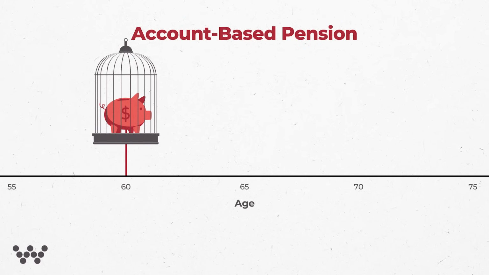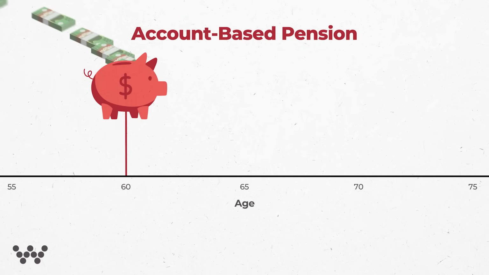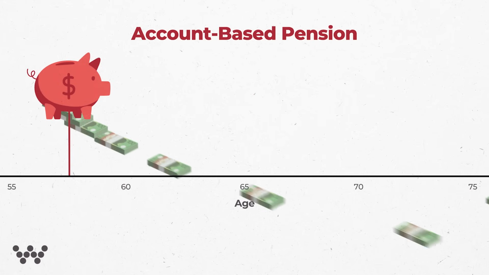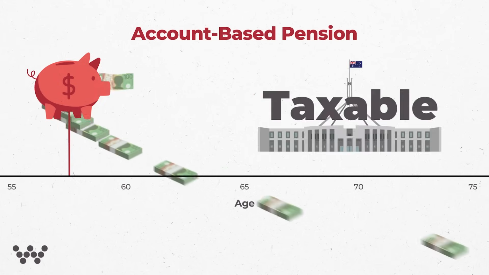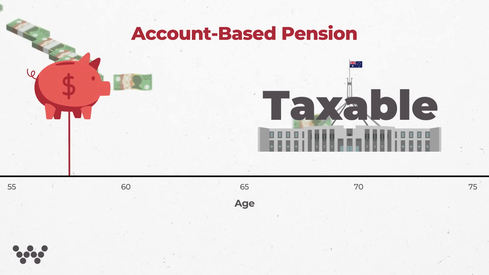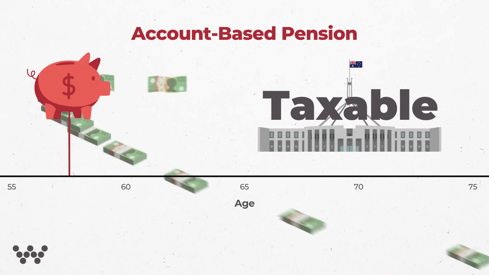The common question we get is, is there any tax on pension payments? If you're over 60, no, there's no tax on pension payments. If you're under, which is very rare these days, but in some cases it is possible, potentially from an insurance payout, then it will be included in your taxable income. The taxable component of that amount will be included in your taxable income, less a rebate.